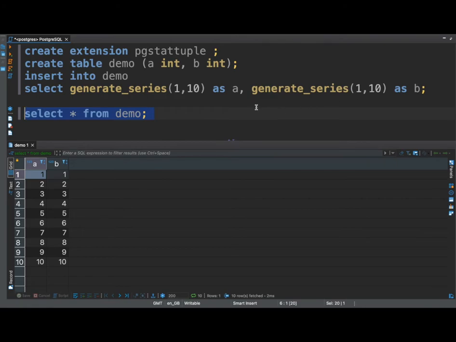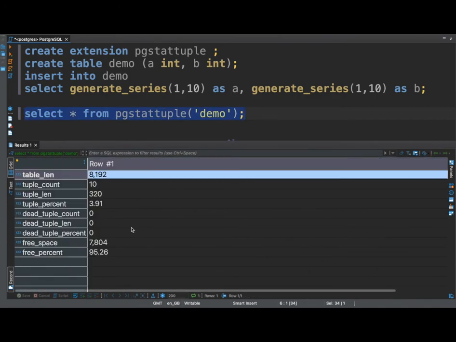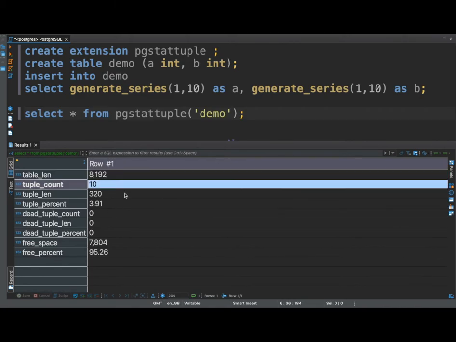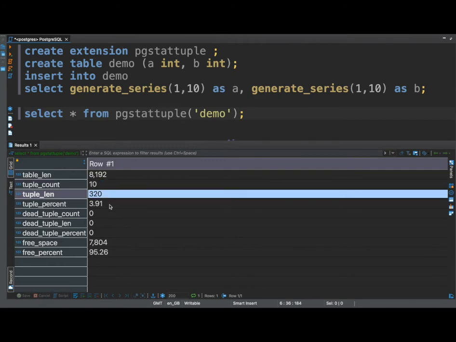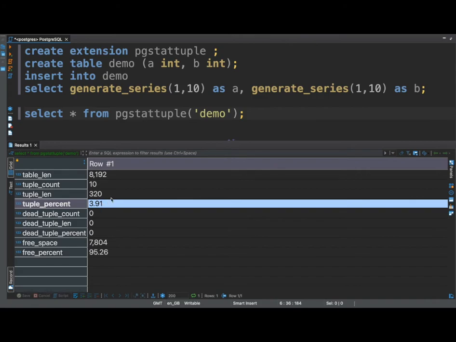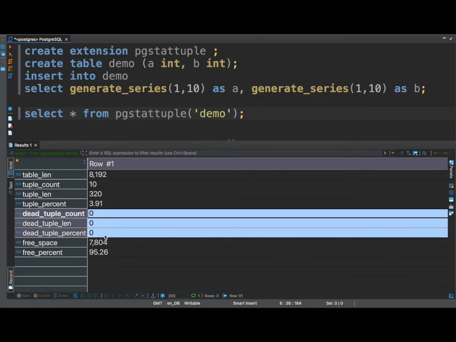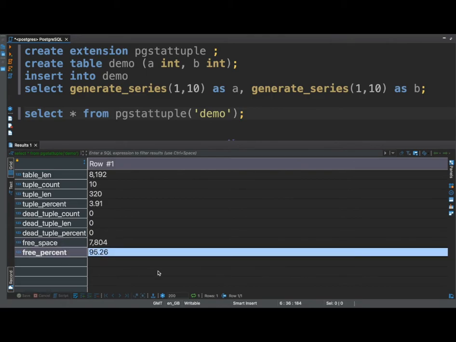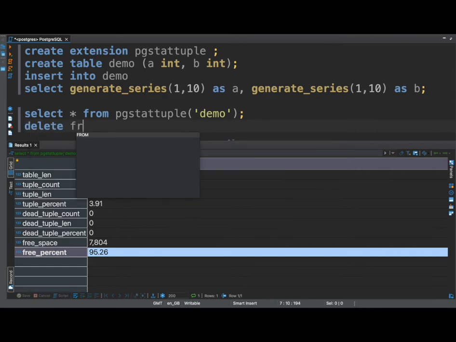Now if you select the information that's offered by the extension, here you can see that the first column is the total table size. That's 8K, which is one page. We have 10 rows. Those 10 rows consume around 320 bytes, which is around 3.91% of the table. We have 0 dead rows, and you can see the free space that we have and the percentage of the table which is free. So now if we go ahead and delete some rows,